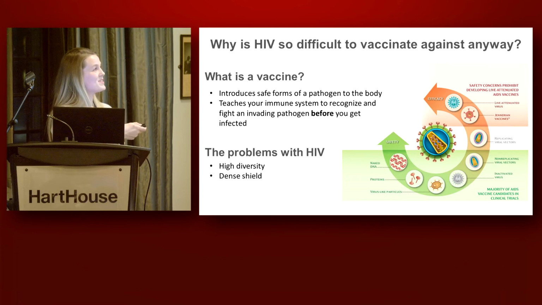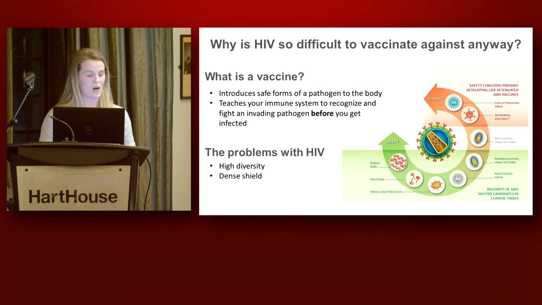Ones that range from subunit vaccines, so just small components of the pathogen, to actually live pathogens. And when you look at this spectrum of different types of vaccines, there is a trade-off. The things that tend to work the best are also the things that are the least safe. And the same thing on the other end of the line, where things that are safe don't really tend to get the attention of your immune system enough to actually produce a protective response.